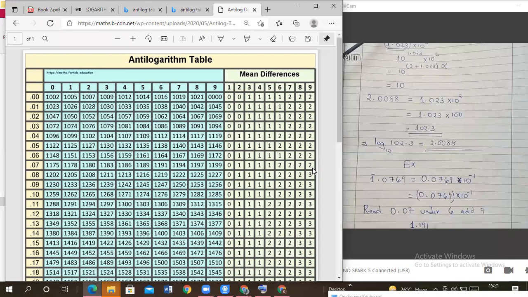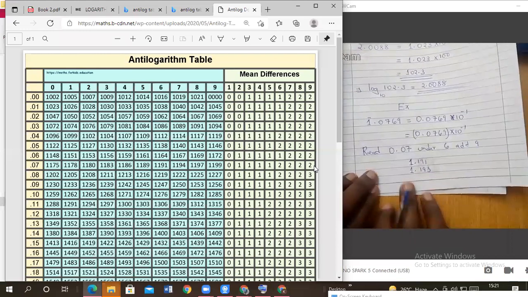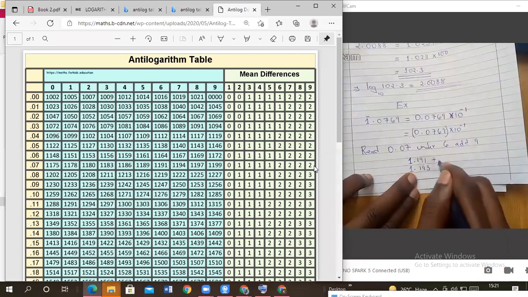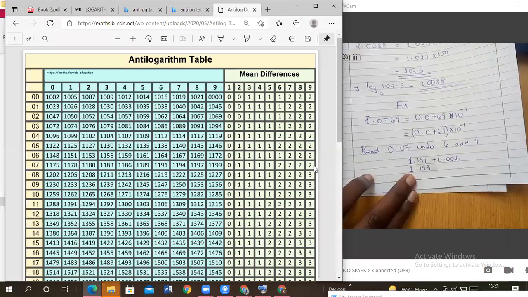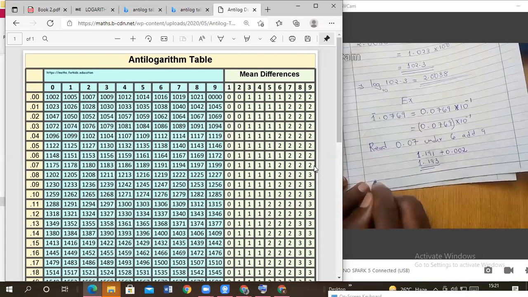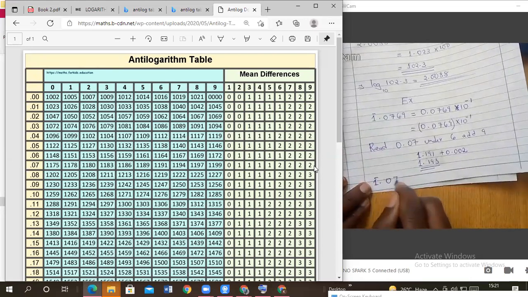Not so? So if I add 2 to this, it will give me 1.19 what? It will give me 1.193, the same as adding 0.002. Are you together? Yes. So it will give me this. So the antilog of that number 1.076